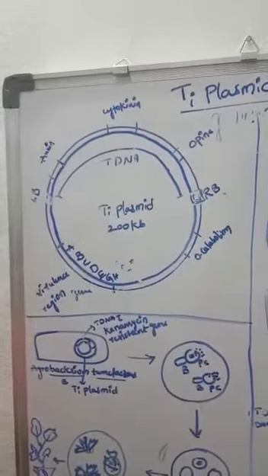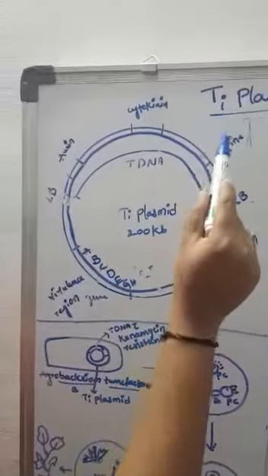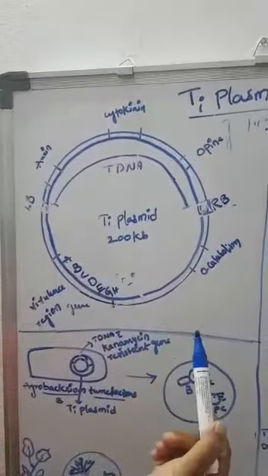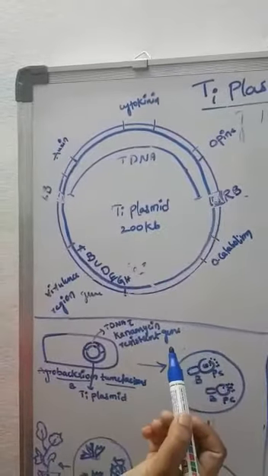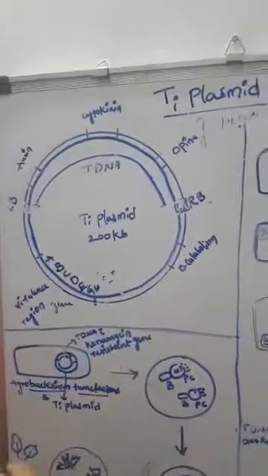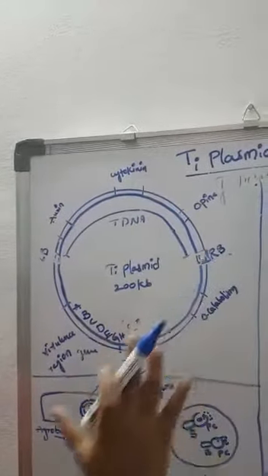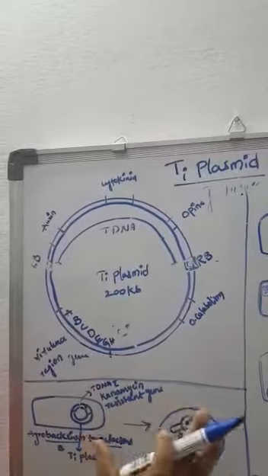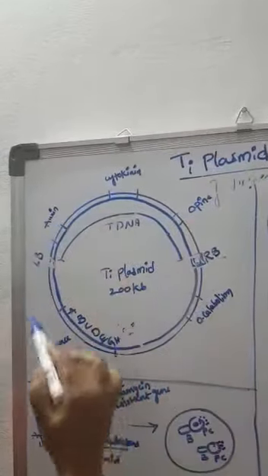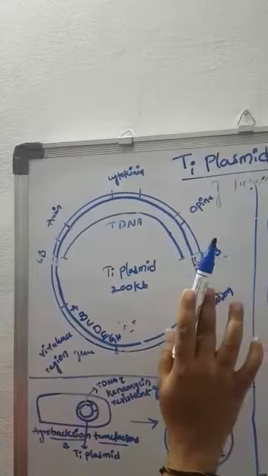fragment, then that recombinant vector should be introduced into our desired host for expression of characters of our interest. That is recombinant DNA technology. Here, our vehicle for the transfer of our desired gene into the host is the TI plasmid. This is the TI plasmid which is present in the Agrobacterium tumefaciens bacteria.